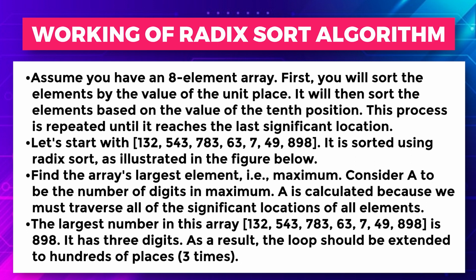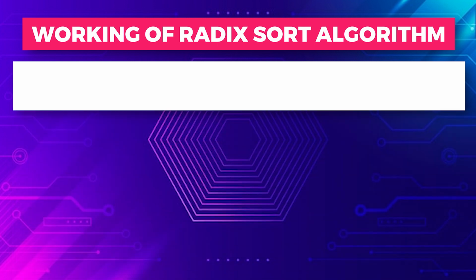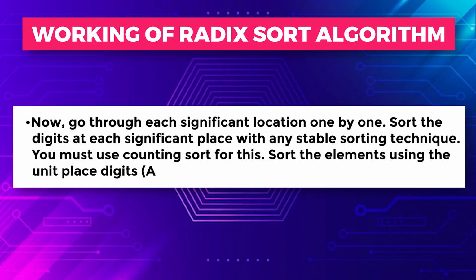898, the maximum place is the 100 place. So we can say we have to apply the loop up to the 100 place only. So in this case we have to apply the loop 3 times. Now, go through each significant location one by one, and sort the digits at each significant place with any stable sorting